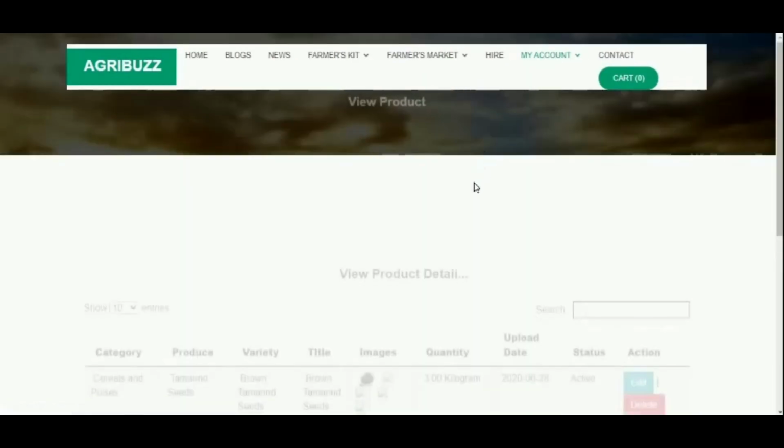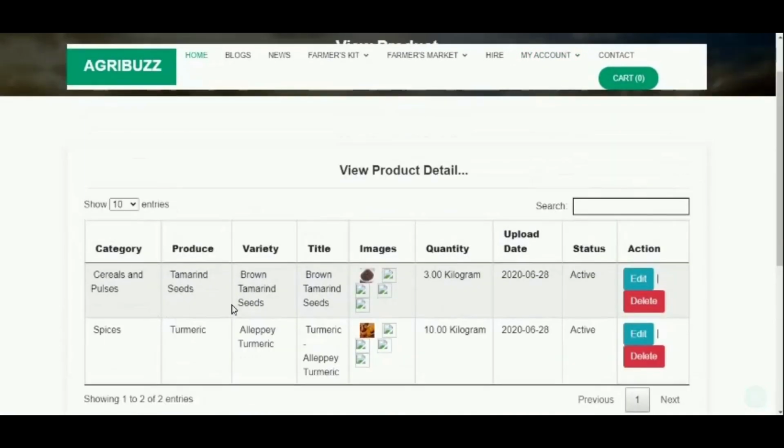All the produces added can be viewed under View Produce on Sale along with the action Edit and Delete.